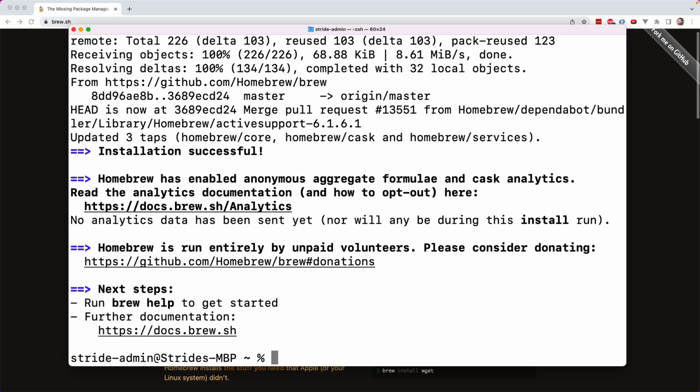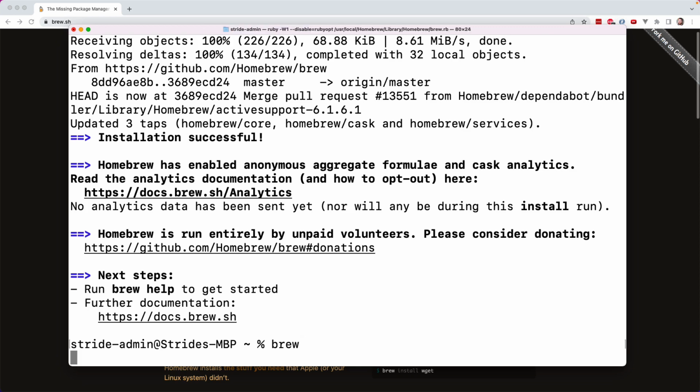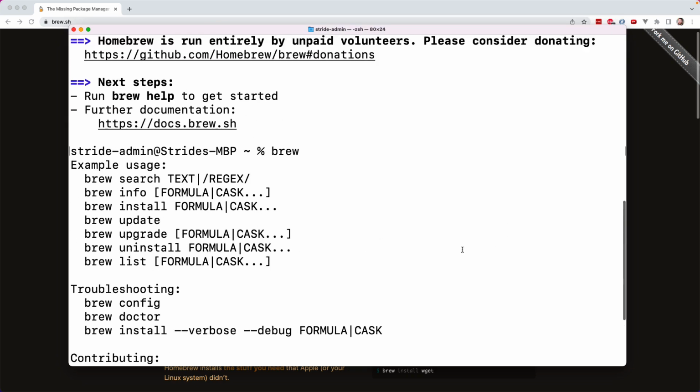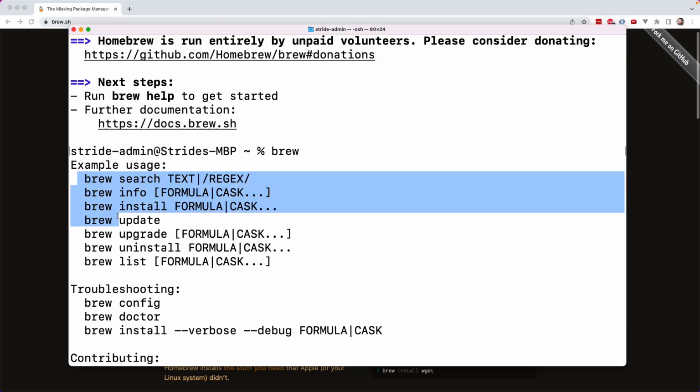When it is done, we now have brew installed. And one way that we can validate that is by simply executing the command brew. And when I execute that, we're going to see effectively a documentation menu. You can almost think of this like the lobby of the library. And it's going to show us all of the available commands that we can run with brew. So for example, the one we're going to be looking for eventually is brew install, which, as you might have guessed, installs a certain piece of